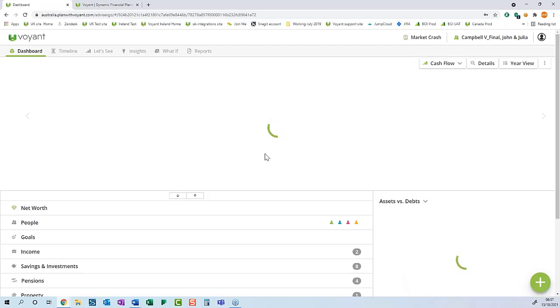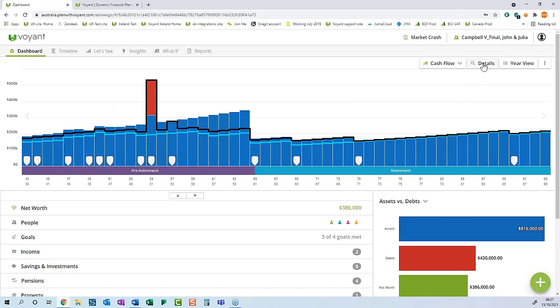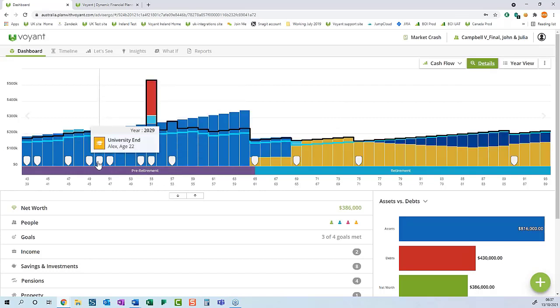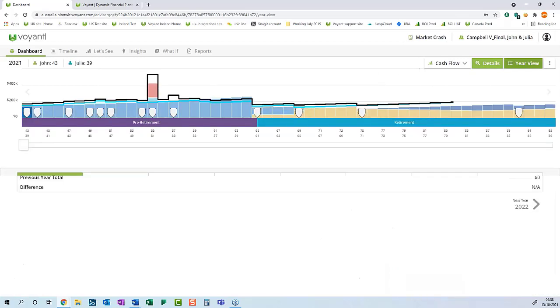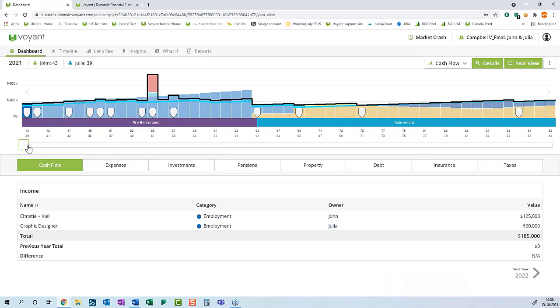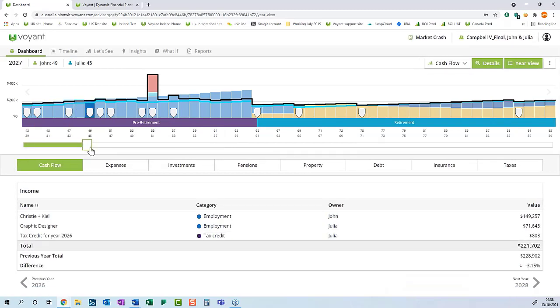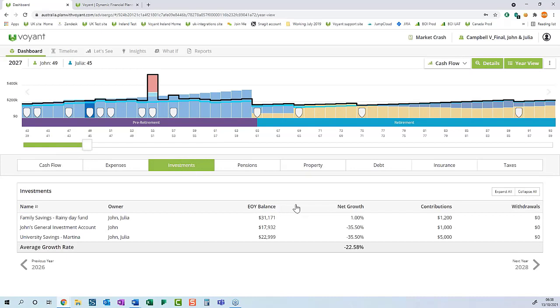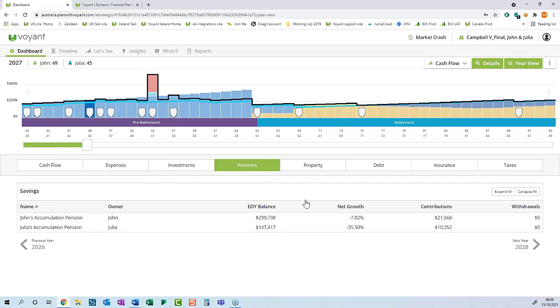So what we're going to do now to see what exactly is happening, if I click on John's age 49, there you can see the major loss event. Let's go to year view and we can check the details. So I'll scroll along to the age 49 year and I'll go to the investments and you can see it's applying a minus 35% drop minus the fees. So it's a fixed drop on those accounts that are investment accounts growing by enter growth rate, and it's not affecting savings. However, if I go over to the pensions, you can see that John's Super is only dropped by